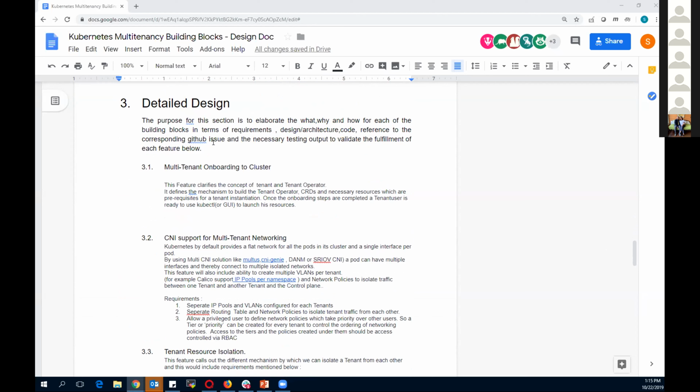Here we intend to elaborate the what, why, and how for each of the building blocks. So like the requirements explaining what we intend to do in each of these building blocks, and the associated design architecture explaining why we need it or what the background is, and then some of the code details explaining how it will be done. Maybe references to the associated GitHub issues might be helpful.